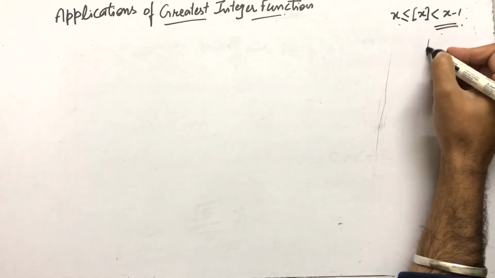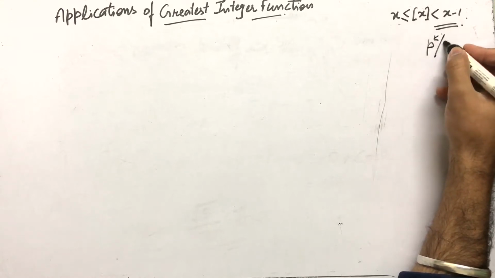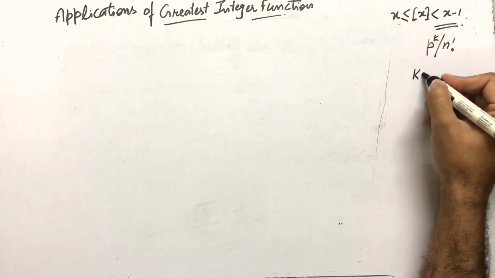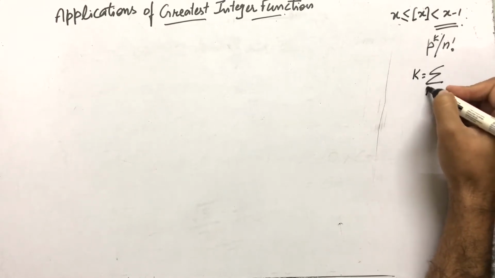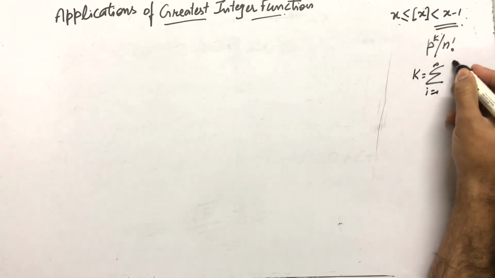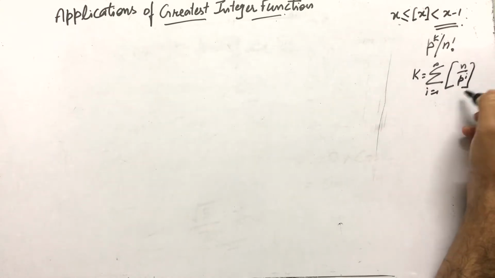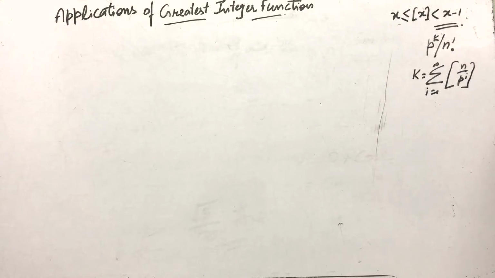And the highest power of p that divides n factorial. This exponent is given by the summation i from 1 to infinity of the greatest integer of n upon p power i. So this is the greatest integer here. So let us use this result to find